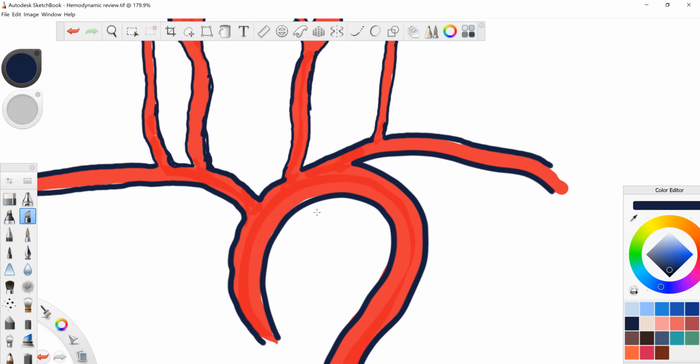So this is the, I'm just going to write arch, that comes all the way around. Let's make sure we understand the direction of travel. I'm sure you already do. Now, on the right side, and only on the right side, in the vast majority of people,